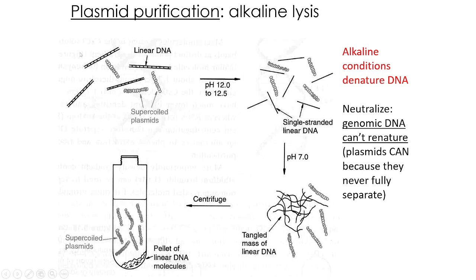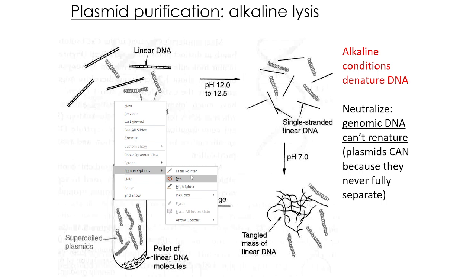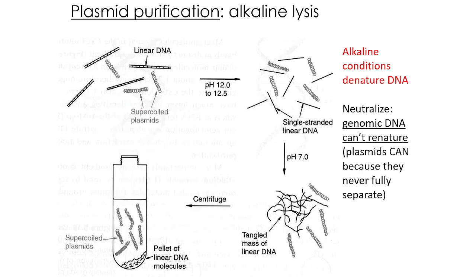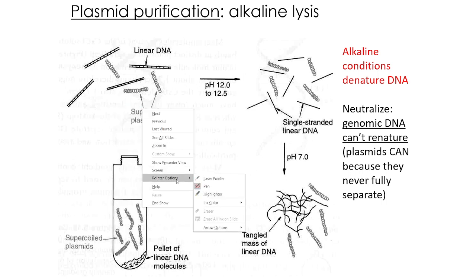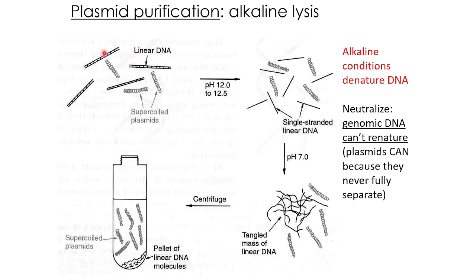So these are the supercoiled plasmids which we have, and then these are some of the linear DNA. When we give it a pH of 12 to 12.5, we get single-stranded linear DNA because it gets unwound and opens up at extremes of pH. So alkaline conditions denature your DNA, and then we bring it to a pH of 7